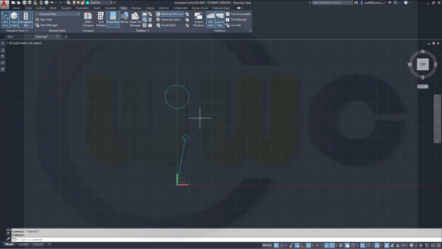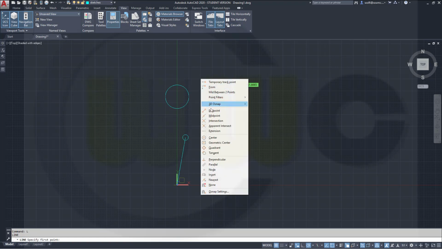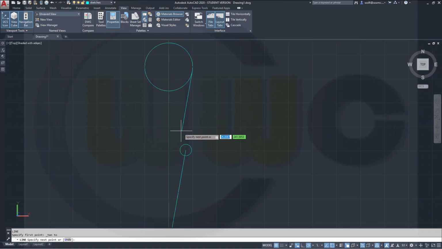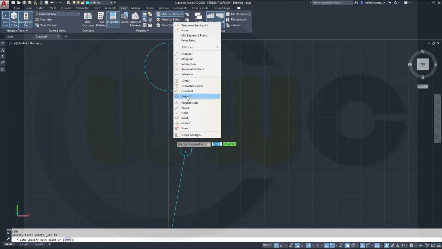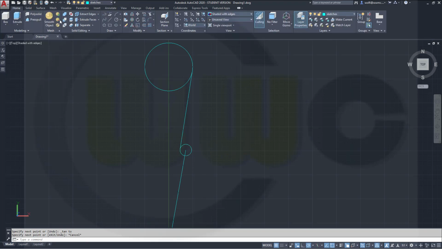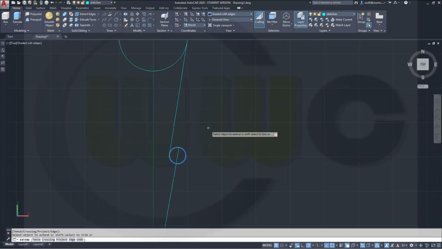Now I want a line which is tangent to both, so go for a line, Control right click, go for a tangent on this one, and zoom in and go for another tangent on that one. Okay, now let's go for extend. I want to extend to this one, right click that one. Okay, and I need another line